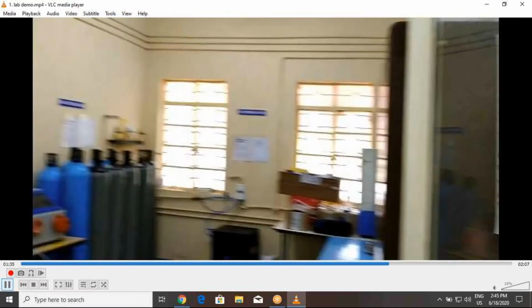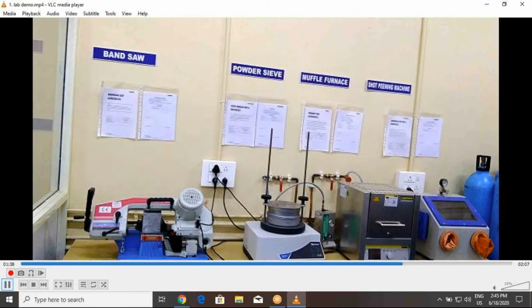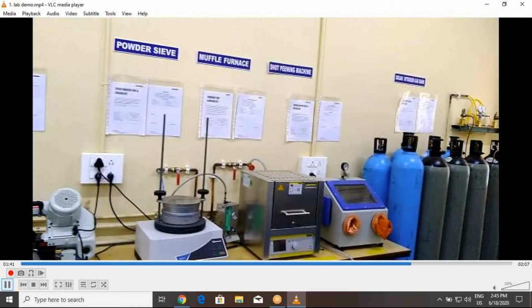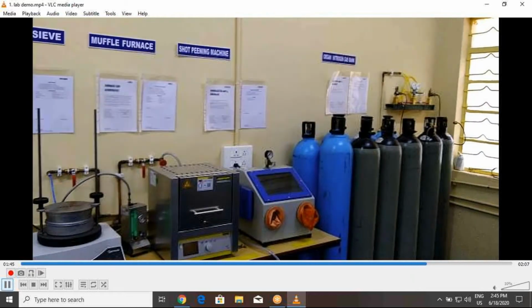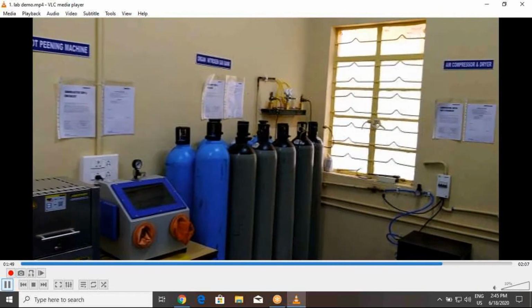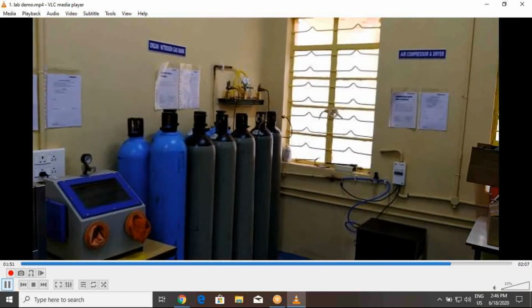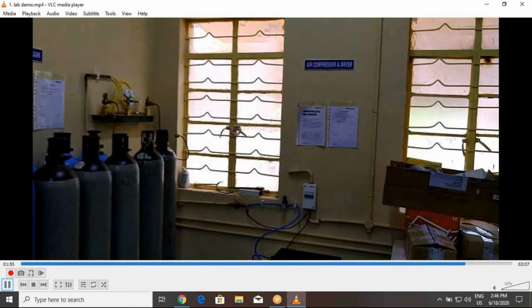We have different post processing equipment: bench and powder sieve, muffle furnace, shot peening machine, cylinders, everything. This is all about the additive manufacturing lab facility at NIT Warangal, and I will explain one by one in the upcoming sessions.